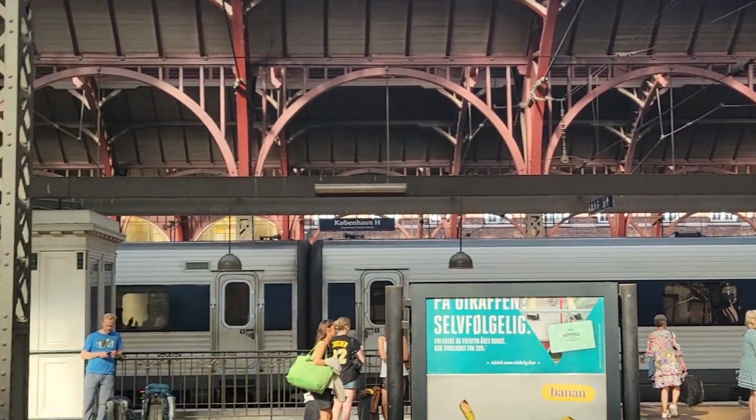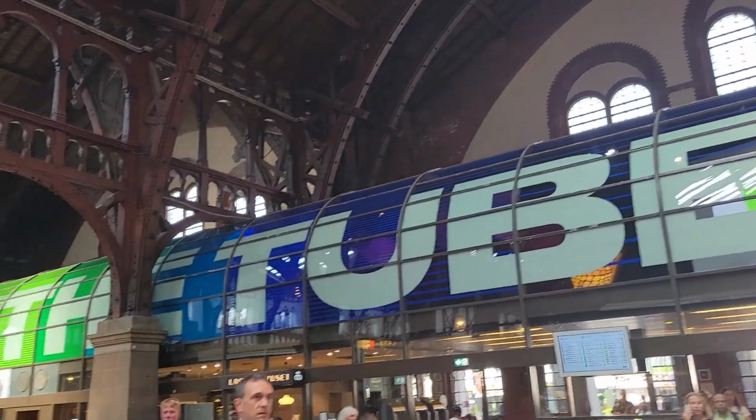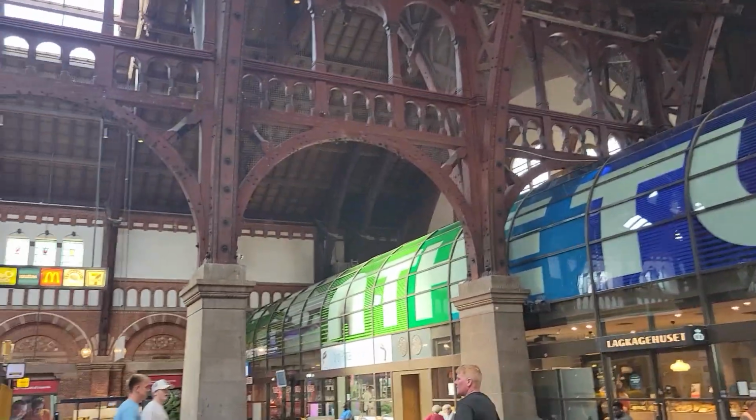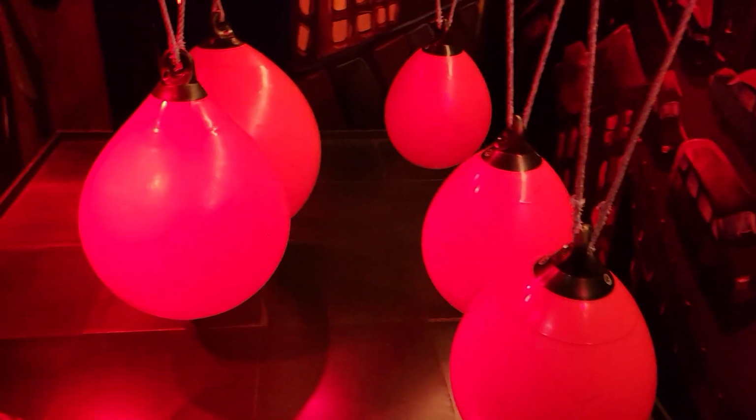We went to the train station for an attraction called The Tube. It is an immersive artist exhibit where you go through many different rooms, including this one, which was an optical illusion, which definitely felt like you were upside down when you were actually in it. And a bunch of different hallways and rooms, including feeling like you're stuck in traffic,